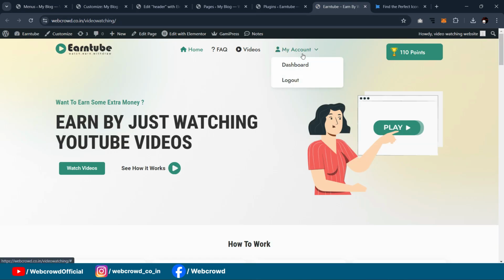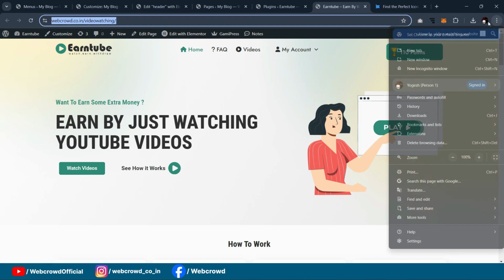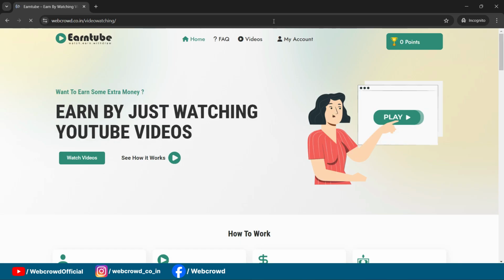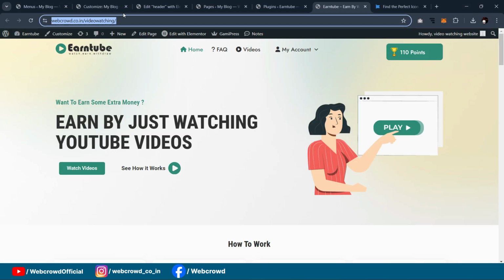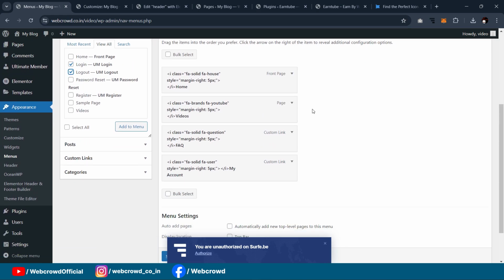So under here you will see a dashboard and logout, but if the user is not logged in or not registered on the website, it will show only login. Okay, so I will select login, logout. Okay,